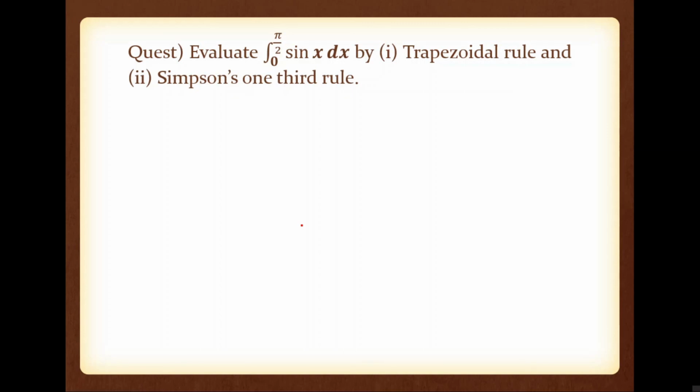So here you can see that the value of n is not given. If the value of n is not given, then you have to assume that value. So here we can assume that n equal to 10. We are going to divide this interval into 10 sub-intervals. So take n equal to 10. Okay, so please note, if it is not given, you have to assume some value.